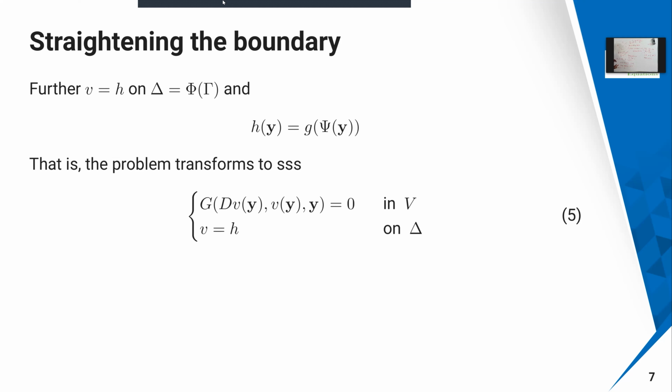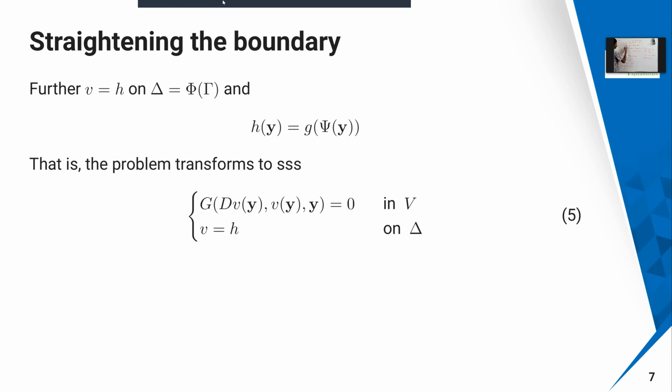In this case, this problem you are going to completely transform. The property of pi is chosen in such a way that if there is a curve here, this is going to be a straight line here. The curved boundary, I'm just going to turn into a straight line boundary. That is the transformation I'm going to apply. So the setting over here: I have a problem F of du comma u comma x on the domain, and I have u equal to g on gamma. This is going to be the interior and this is going to be at the boundary.